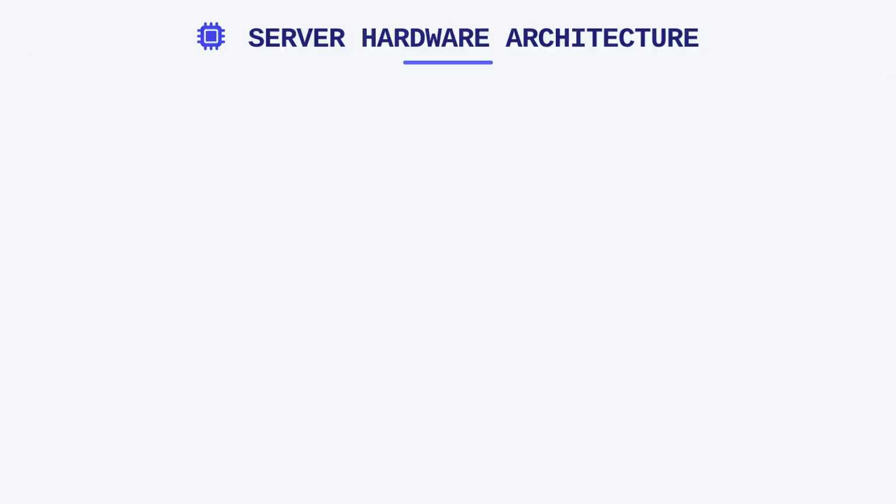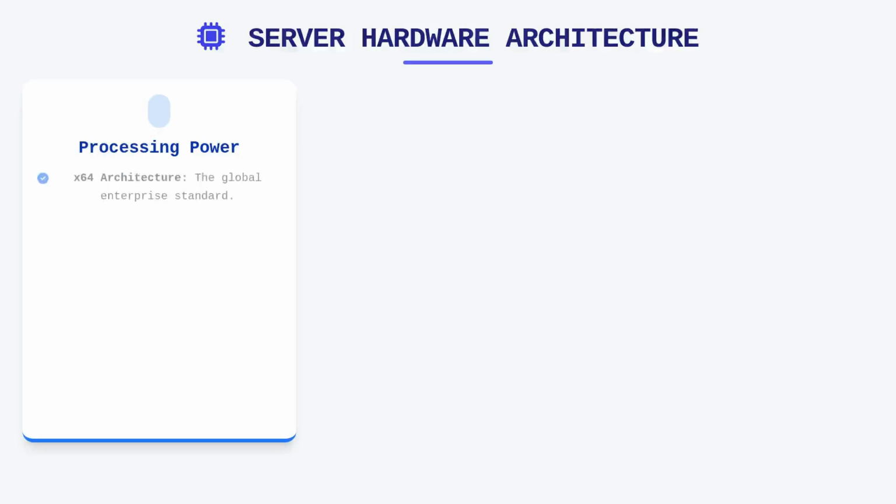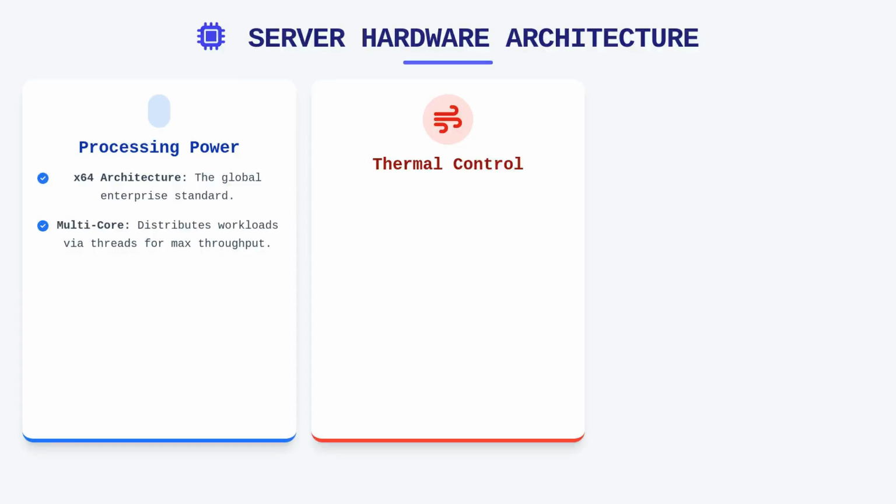At the core of these servers, the CPU architecture determines compatibility and performance, with x64 remaining the enterprise standard. Multi-core configurations are now ubiquitous, allowing operating systems to distribute workloads across processing threads to improve throughput and responsiveness. Thermal management represents a significant engineering challenge as these processors generate substantial heat under load. Server chassis incorporate high-velocity fans and air baffles to ensure laminar airflow across the motherboard, which must be unobstructed by